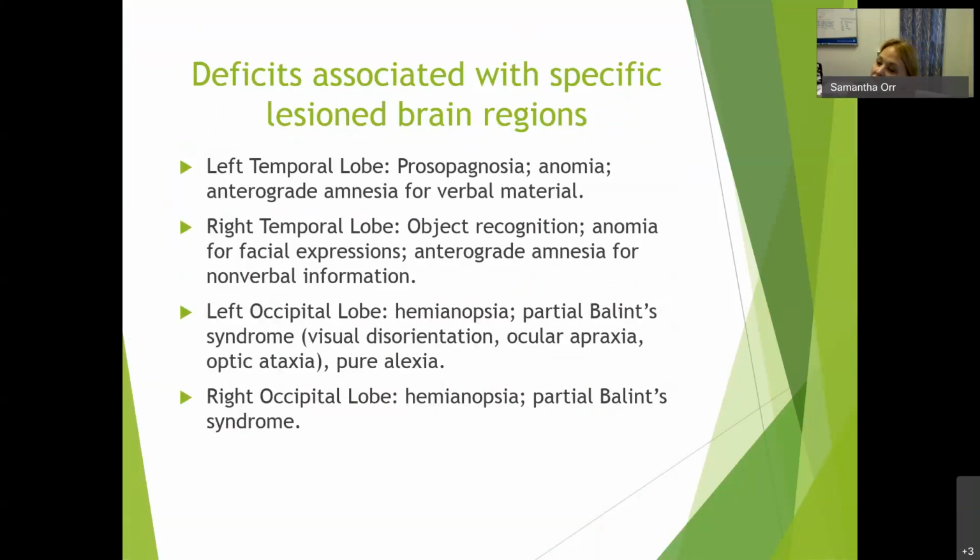So we're going to look at deficits associated with specific regions of the brain. I'm going to talk generally about these areas first, as we talked about before, the four lobes of the brain. The temporal lobe, we've got one on the right, one on the left. Those have a lot to do with memory. There's a specific structure within the temporal lobe called the hippocampus, which allows us to consolidate short-term memory into